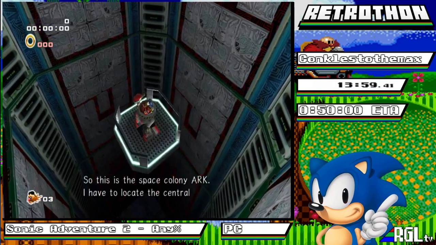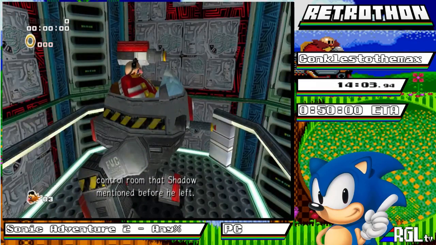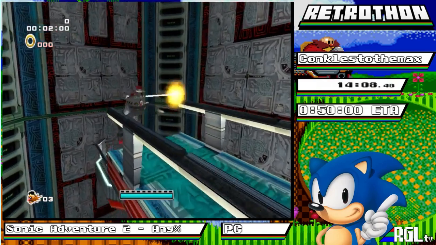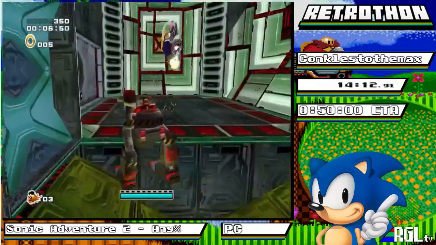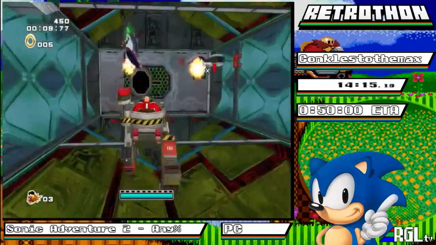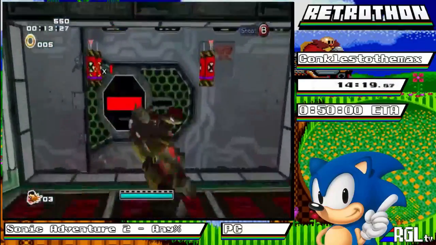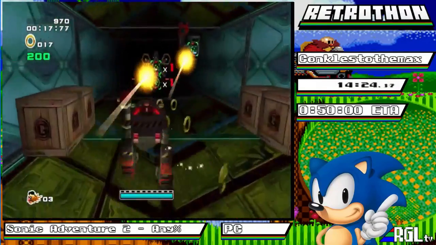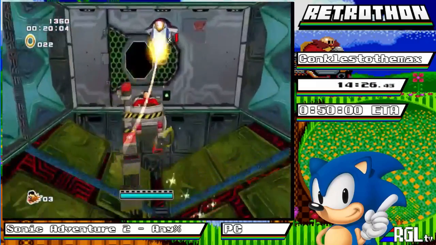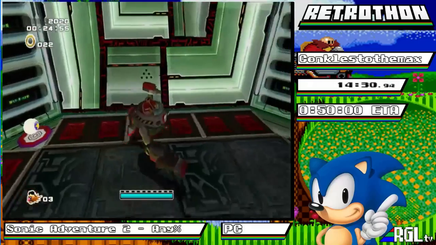So this is the Space colony arc. I have to locate the central control room that Shadow mentioned before he left. Normally this game is timed using in-game time, so normally at the start of that stage I would actually reset, because after the reset, for whatever reason, the in-game timer starts later. So you can save time by not...